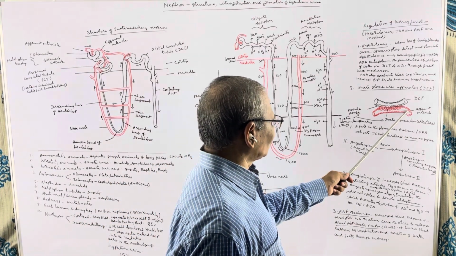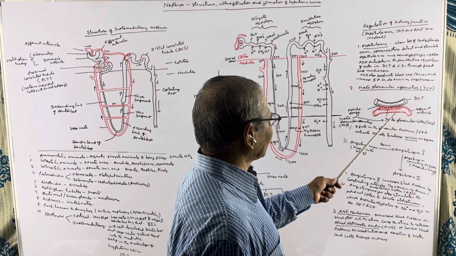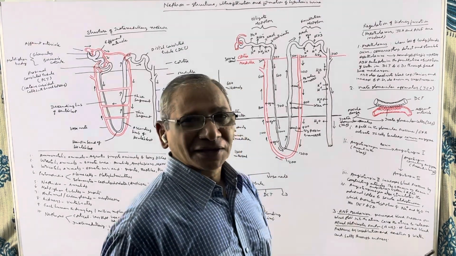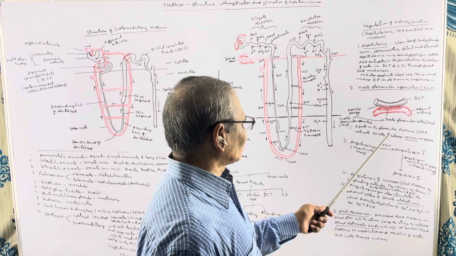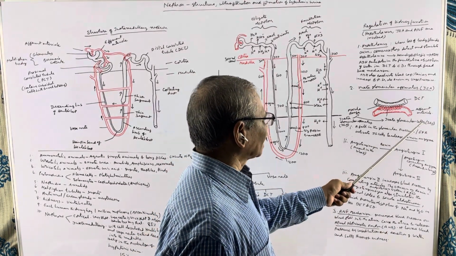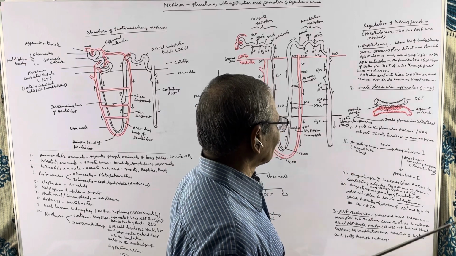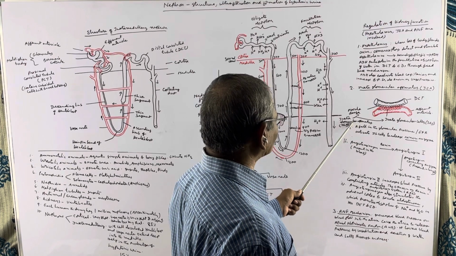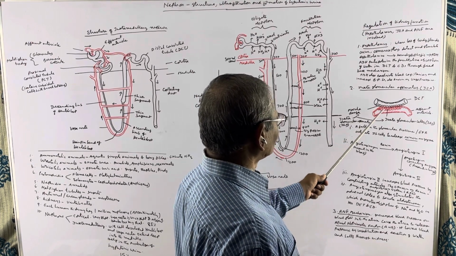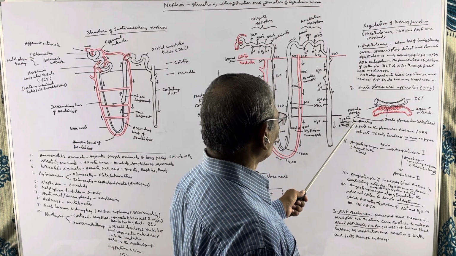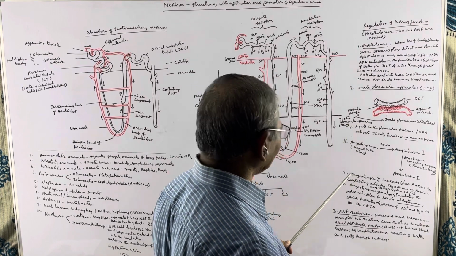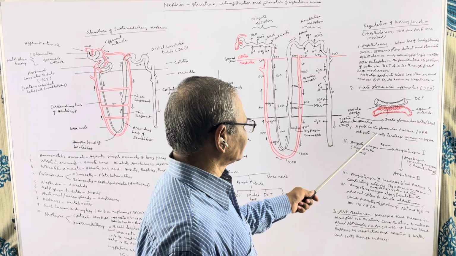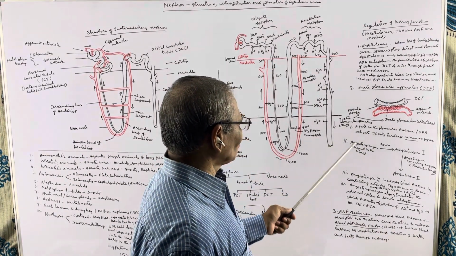In the case of the afferent arteriole that comes into contact with the DCT, here also the cells of the arteriole multiply and get thickened and form a structure known as juxtaglomerular cells. The juxtaglomerular cells and the macula densa together form the juxtaglomerular apparatus or JGA. So whenever there is a fall in the blood pressure, this JGA releases